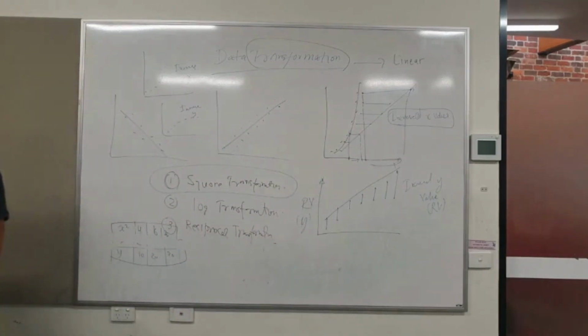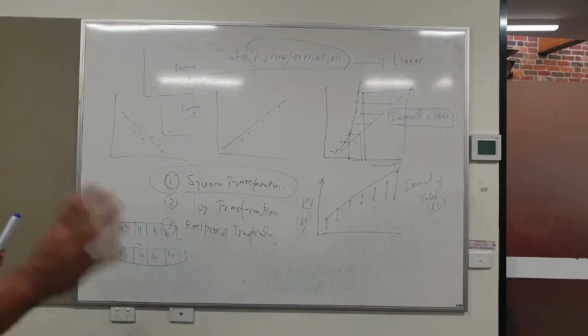Can I write this down? Sure. That is what square transformation is all about, and we'll deal with log and reciprocal